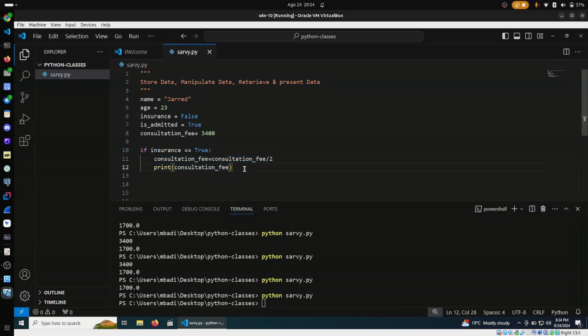Now, in programming, you wouldn't want nothing to be printed. You always want something to be printed so that you know what happens in your program. The quickest way to do that is to just manage the code as it is, or you could use other third-party libraries like Logger to log what happens. But in our case, what happens if the if statement gives you a false result? You add another clause which is called else. So we are saying else print, and then we will put a string in here,